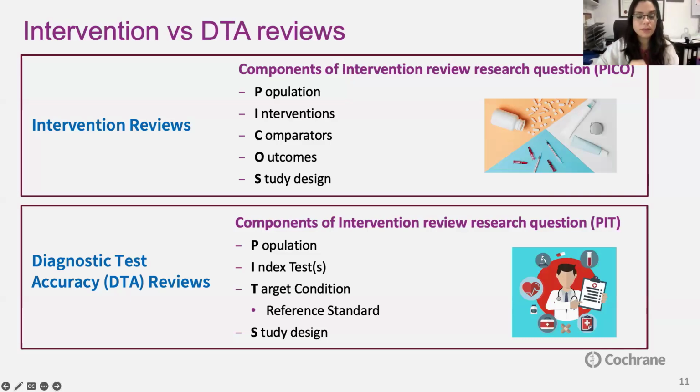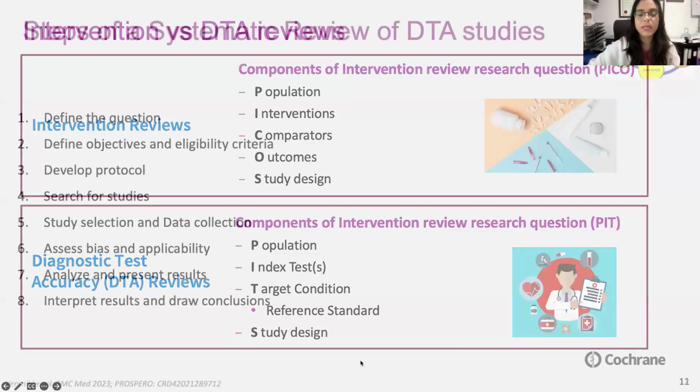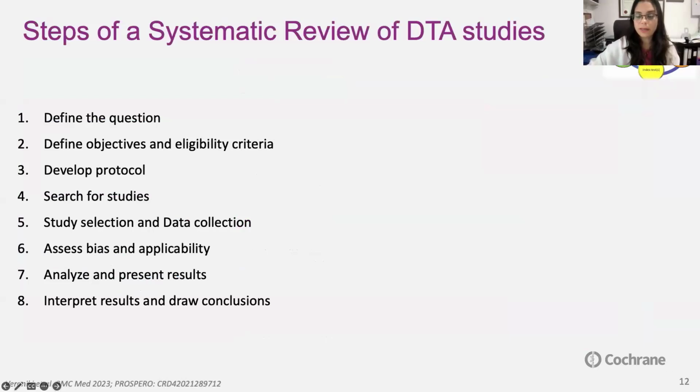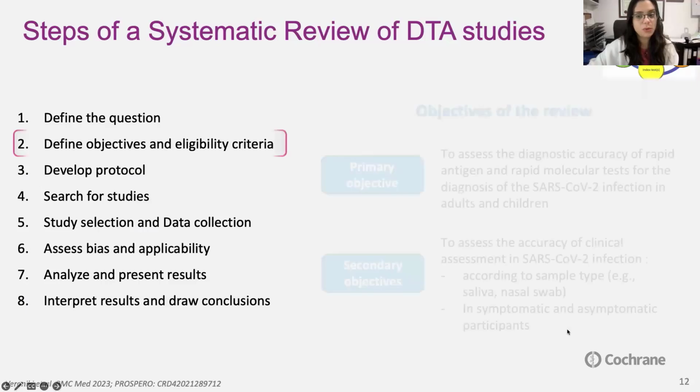And then in this aspect, we need also to consider the methods or the reference standard that we define the target condition. And finally, we have the study design, which is the same, of course, as in the PICO criteria. Now, once we define the research question and the PIT criteria, we need also to determine the objectives of the